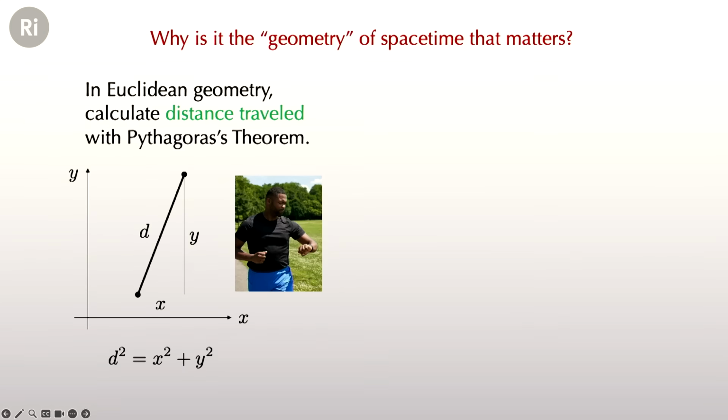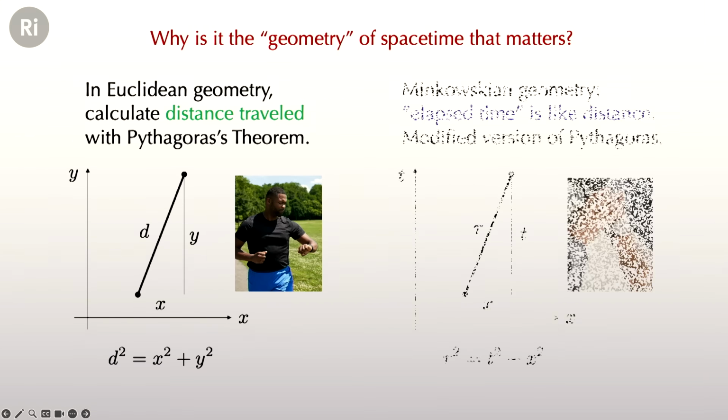That depends on the path you take, right? Between 2 points, you can go in a straight line, you can go in curvy lines, different distances. But time you thought was universal. Minkowski says no. What you have to do is use Pythagoras' theorem for space-time, which involves a little trick, namely